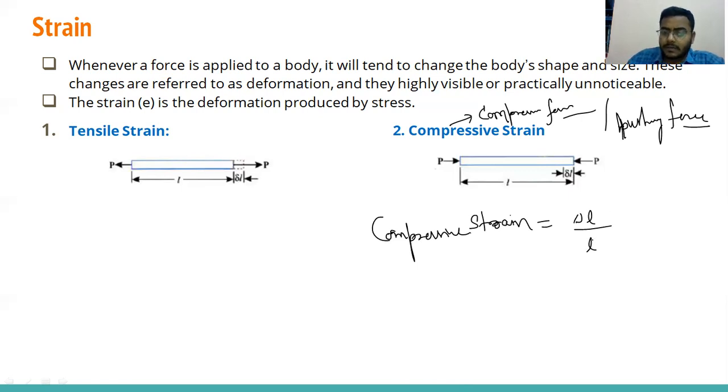We can also use a sign convention. Suppose we have taken elongation as positive. Then when the body is compacted and the length decreases, that comes under the negative sign. We can assume whatever sign convention we take during the calculation. Here delta L decreases: the length is decreased by this pushing force, so that is called compressive strain.